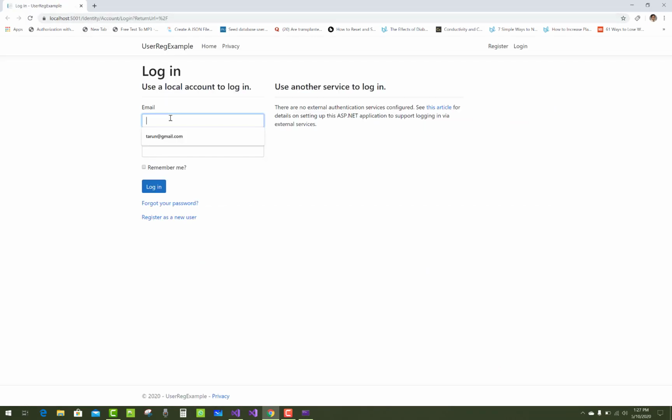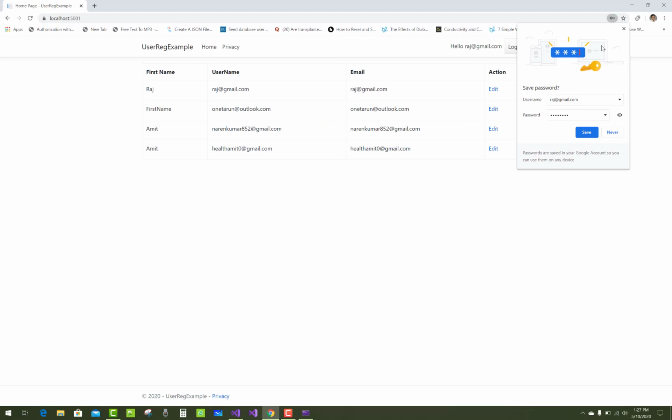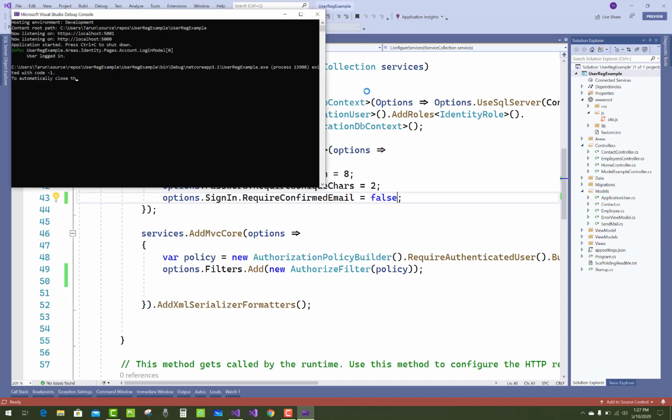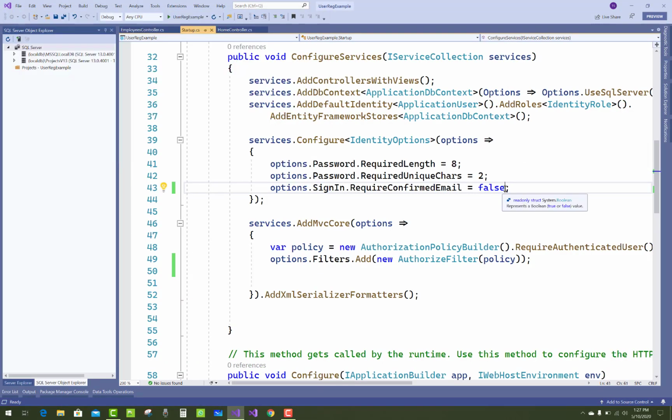applications. Okay, so just log in with your required email ID and password. Yeah, that is logged in easily.